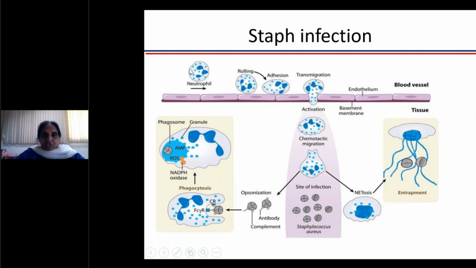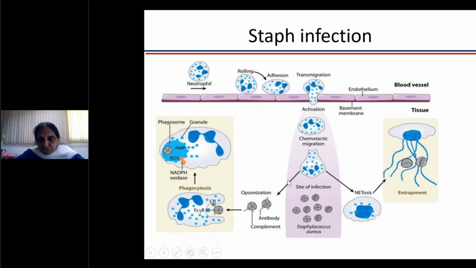So as we discussed yesterday, we have these neutrophils which will roll, adhere, and migrate. They recognize the substances being produced by these bacteria which attract them, and because of local inflammation generated by the local cells, these neutrophils will migrate according to the chemotaxis gradient and will reach the site of infection.